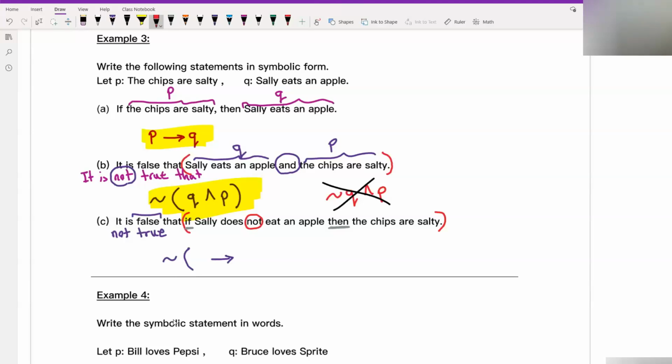This is Sally eats an apple, that is Q. This one is Q, and here is P. So first I have not Q,